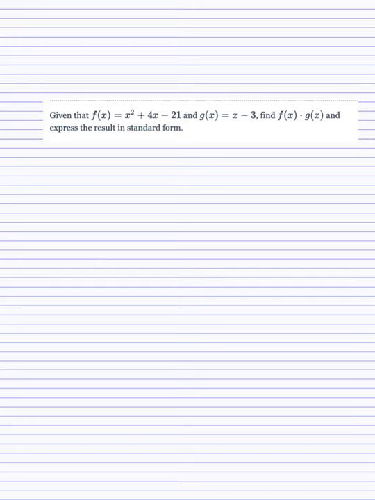Alright, so for this problem, I have two functions, and I know it's multiplication because I have this solid dot in between them. So remember, with multiplication, they'll either be side by side with no operator, or they will have a closed dot in between them. So I like to set up the box method just to make sure that I'm multiplying every piece as I